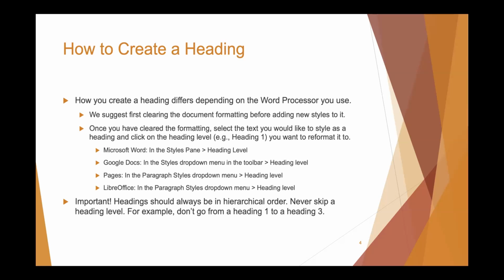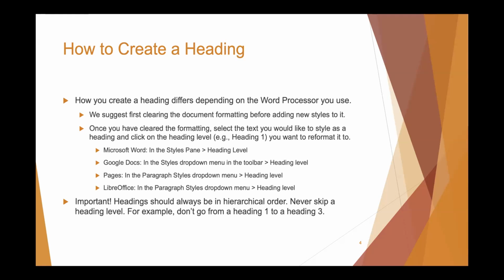So once you've cleared the formatting, you need to select the text that you would like to reformat into a heading. You can do this by highlighting or placing your cursor in the text and then selecting the heading level that you would like to apply. So we're going to cover a few different word processors today on how to apply a heading. So the four we have on the slide is,